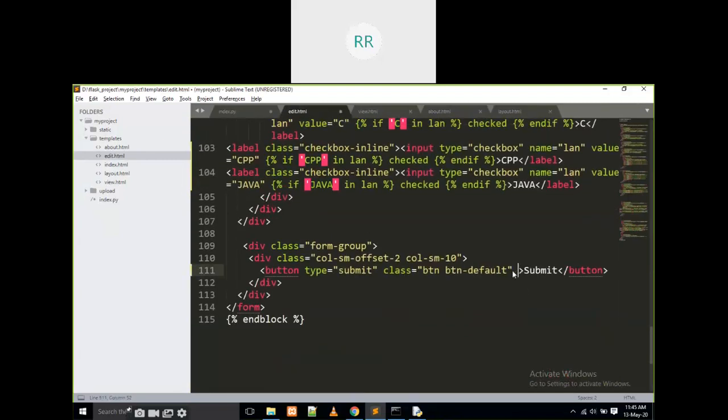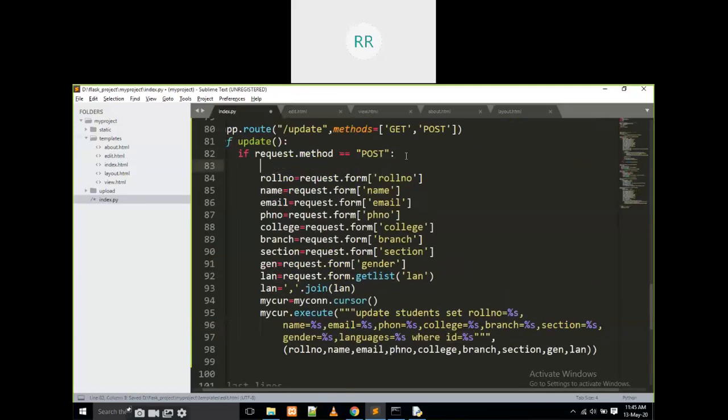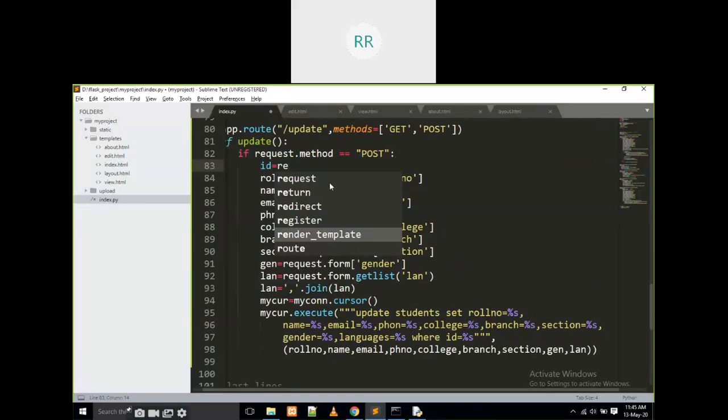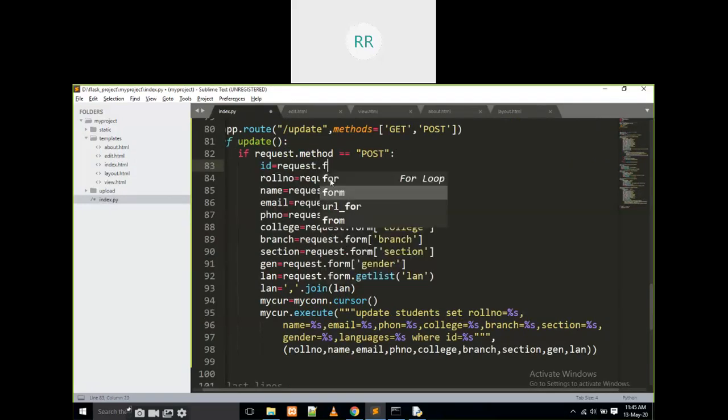Here I am going to pass value is equal to data of 0 of 0. That means this is the ID. If I click on this button, it will go like this. Here I am going to write id is equal to request.form of the name of that button.